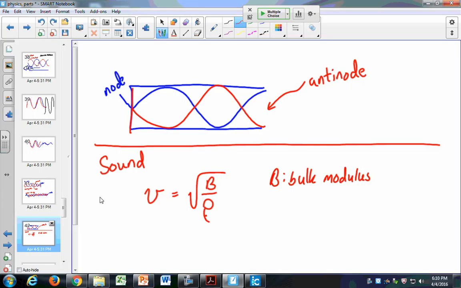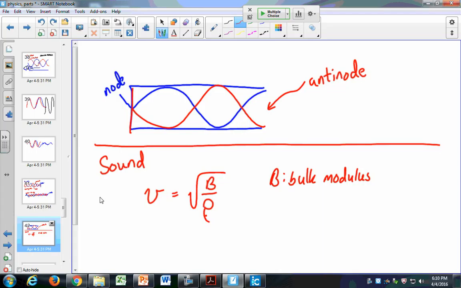And so as a result, what does sound travel faster in? Gas, liquid, or solid? It travels a lot faster in a solid. Like in air, the speed of sound is something like a few hundred meters per second. If you have a steel rod, it's something like 15,000 meters per second. It's a lot faster in a solid. And in fact, it's faster in water. If you ever try to talk to somebody underwater, make noises, that sound travels a lot faster in water than it does in a gas. But you can't understand. But yeah, that's beside the point.